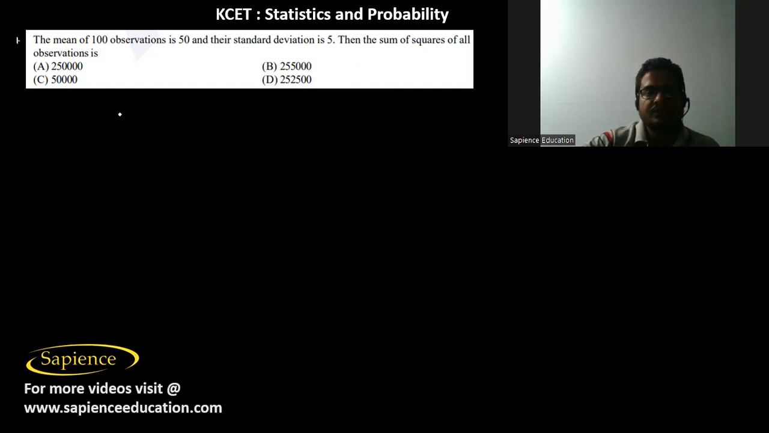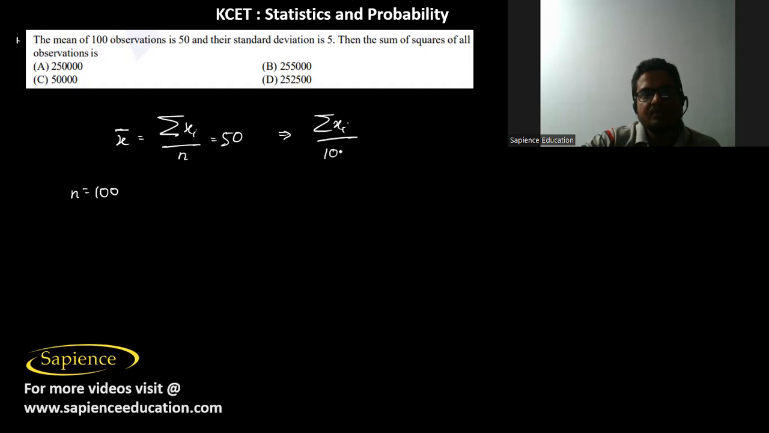So here we shall start off with the very first question onwards. It is told that the mean of 100 observations is 50. So mean means I can tell x bar. X bar is summation xi by n. So here n is equal to 100 and x bar is equal to 50. So it means that summation xi by 100 observations is equal to 50, and their standard deviation means sigma,